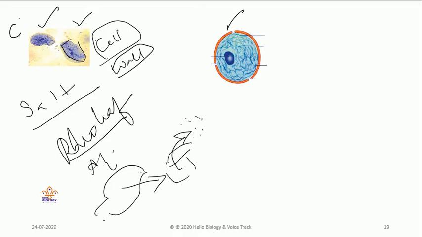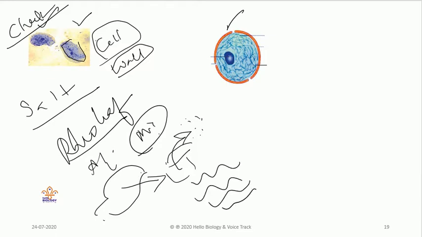This is a cheek cell, but here I am discussing the cell membrane. We can observe the structure of the cell membrane only through a microscope. The cell membrane is very flexible. That means when we are sitting or moving here and there, our cell membranes are very flexible. You need to remember that.